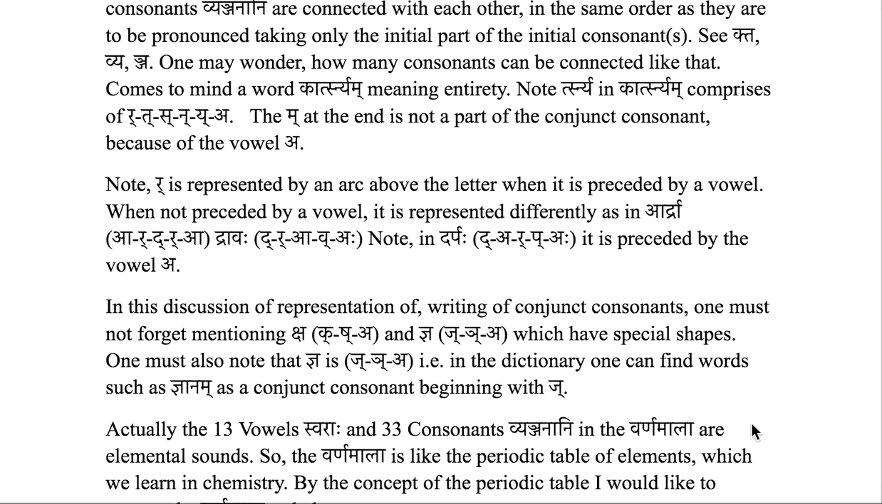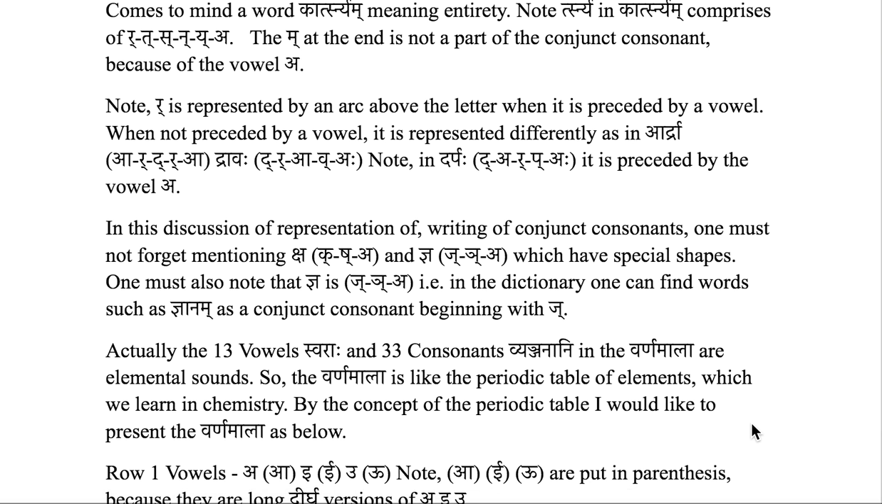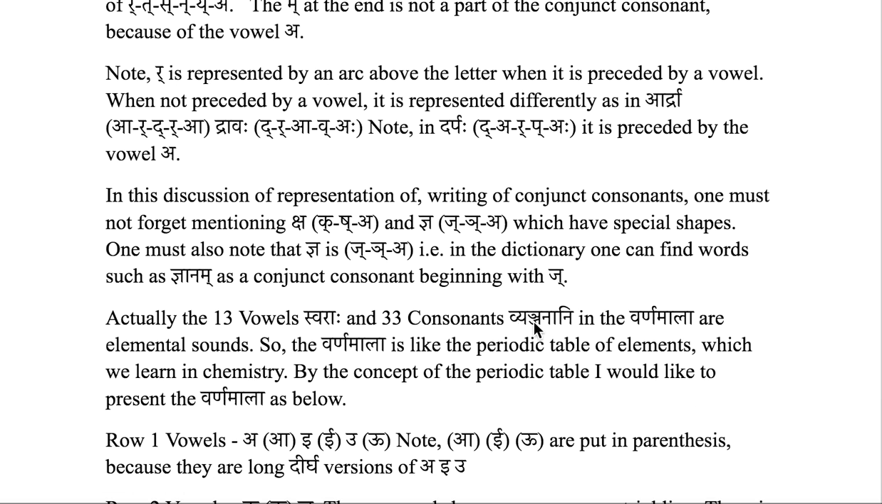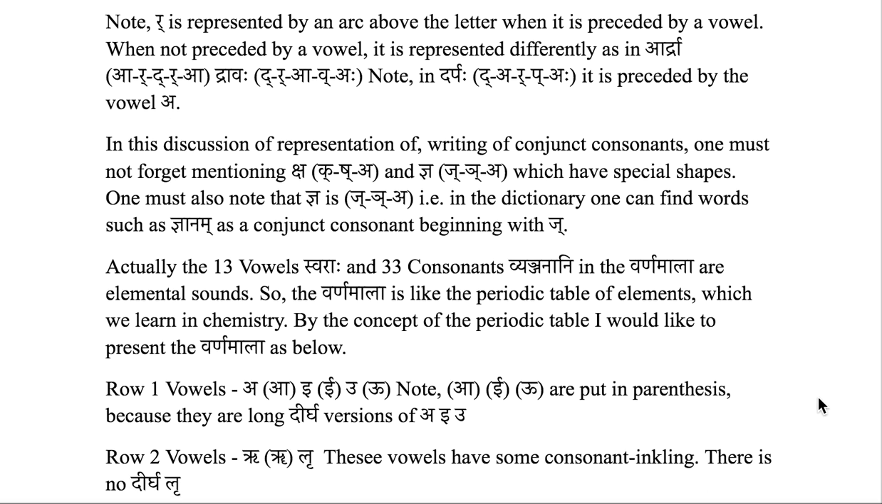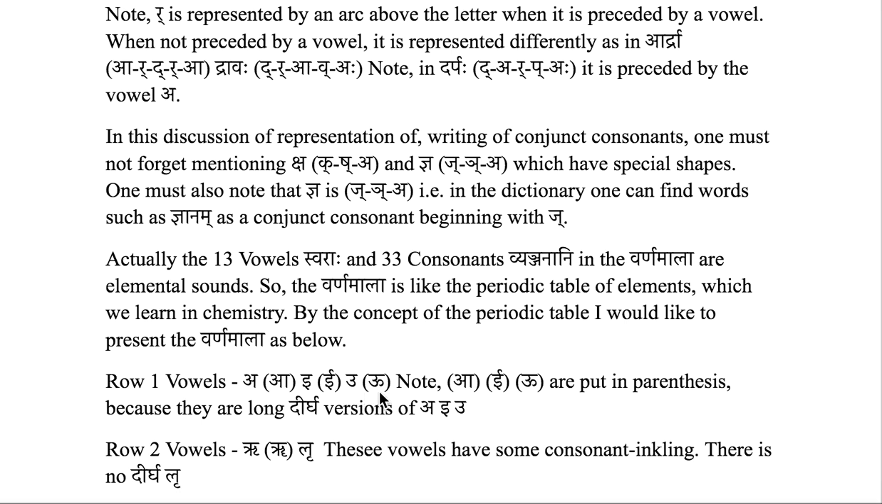Actually, the 13 vowels, swaraha, and 33 consonants, vyanjanani, in the Varnamala are elemental sounds. So, the Varnamala is like the periodic table of elements, which we learn in chemistry. By the concept of the periodic table, I would like to present the Varnamala as below. Row 1, vowels: a, i, u. The (ā, ī, ū) are put in parentheses because they are long, dirgha, versions